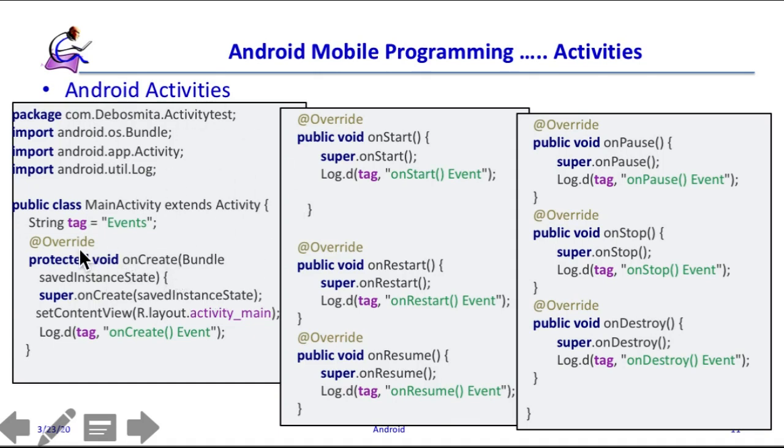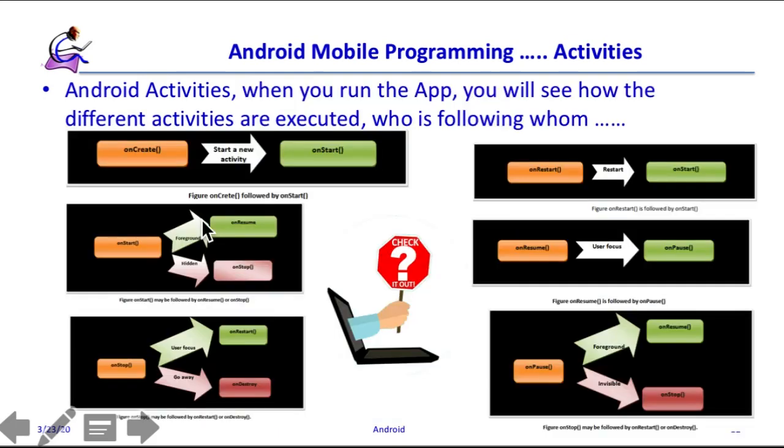created. As we have already said, OnCreate is the major one, and it will be created immediately, and this one will be executed first. But you can also put OnStart, OnRestart, OnResume, OnPause, OnStop, OnDestroy. Each of these will be executed in a different state, and clearly understanding them will give you some insight to use them later. In this regard, I have tried to display who is following whom in this